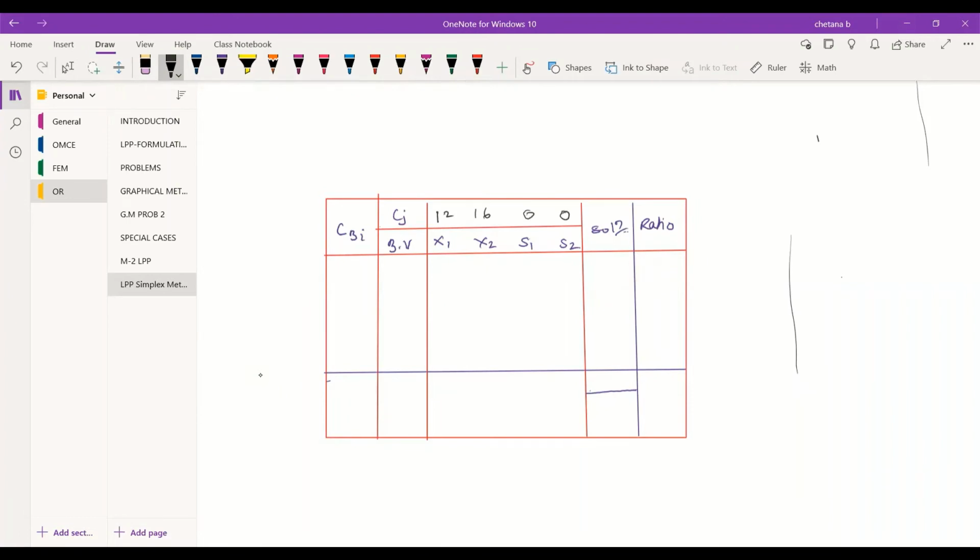And for basic variable here, entering variable is x2. This is as it is, s1, sorry, this is S2. Okay, now coming to the coefficient of X2, it is 16 in the Z equation. S2 is 0. Coming to this part of the constraint, you cannot copy it from the previous table. But what you need to do here is, for